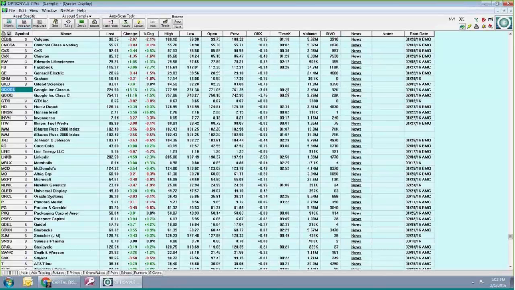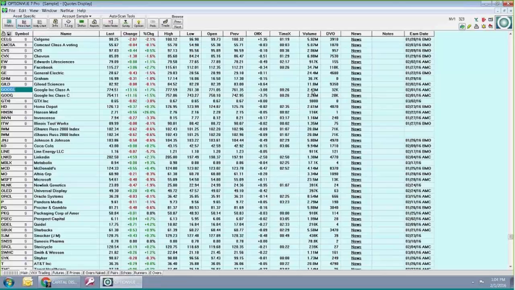Now that's telling you that it has been moving up, but the last 30 minutes it moved down. And you can kind of watch it. Now you can see it's actually moving up again because it was up around 3.49 down. So you can get a better judge of how the stock's moving right now.